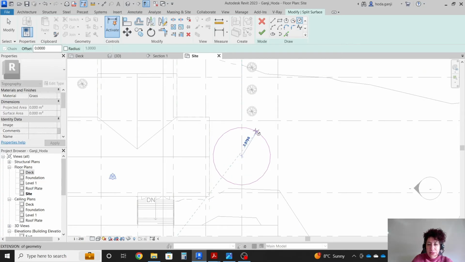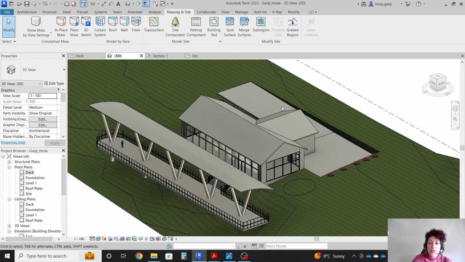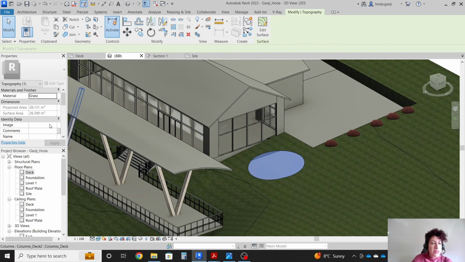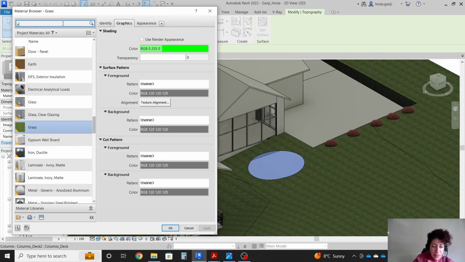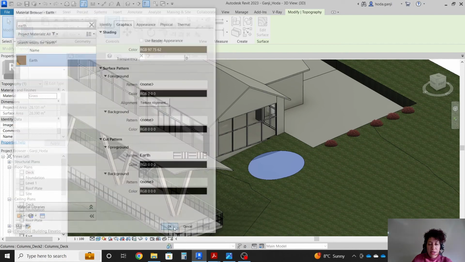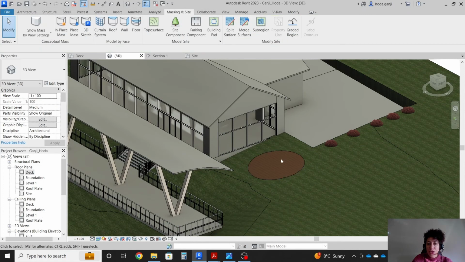Let's say we have a circular garden here with a radius of 3. I want to check this, go here, and then it's going to split that out of the surface. You can assign a different material. I can assign the same earth material that we had before, and maybe in that area we're going to have